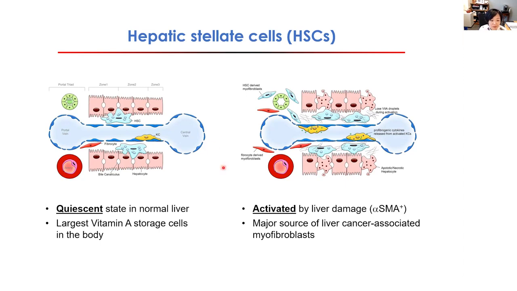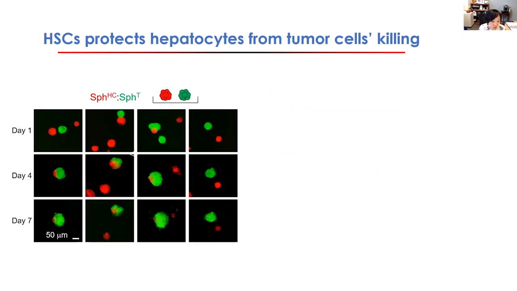So we know now that it looks like hepatic stellate cell activation actually slows down tumorigenesis in our in vitro model. But we are also wondering what they do to the normal compartment. Why do they just sit right at the border? So what we did, first of all, is look at the hepatocyte and tumor interaction, because we noticed that the green fluorescence in our co-culture system expands very quickly, while at the same time the red fluorescence is diminishing. So tumor cells are expanding and hepatocytes are going away. That indicates some type of killing of hepatocytes by tumor cells.